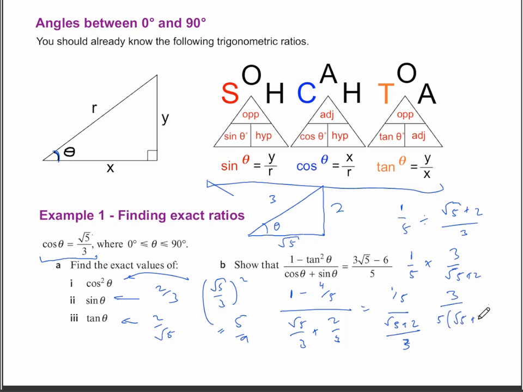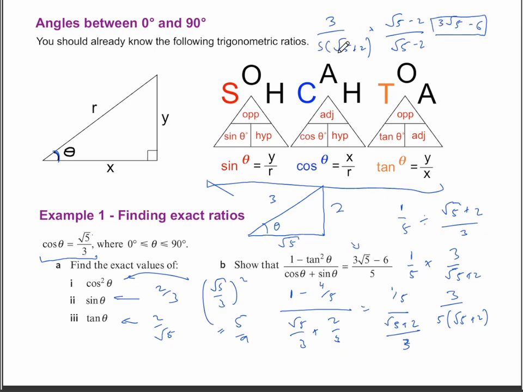root 5 plus 2. Then what we would do here is we want to rationalize the denominator. We did this in IGCSE. We can multiply by the conjugate of root 5 plus 2. So I'm going to take this up here. 3 over 5 root 5 plus 2 multiplied by root 5 minus 2 over root 5 minus 2. And this is going to give us 3 root 5 minus 6, which is what we wanted in the numerator,